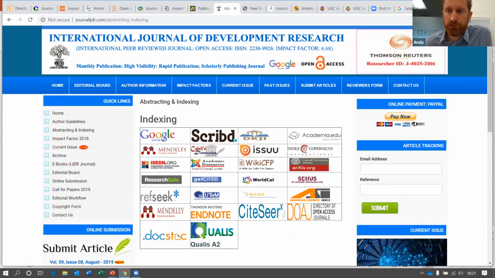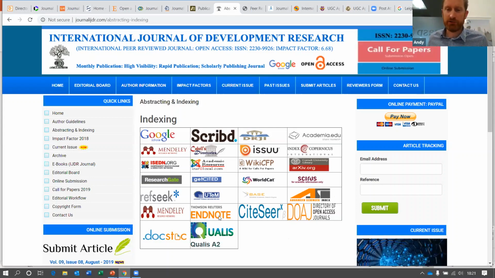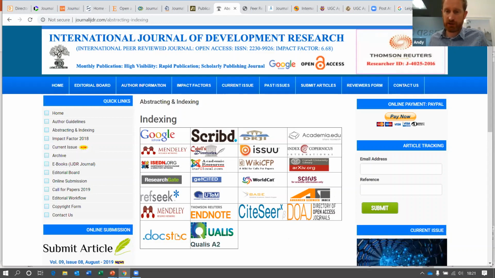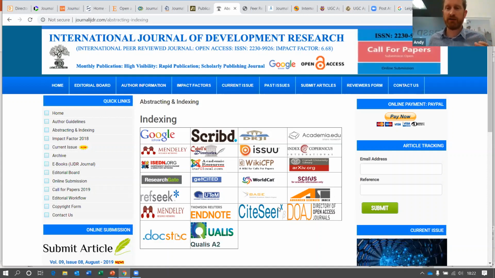They mention Google Scholar, but it's very easy to get indexed in Google Scholar. They mention Mendeley twice. They mention EndNote. These aren't academic databases. Neither is arXiv, neither is academia.edu. I don't have time to check, but I very much doubt that they're indexed in the Directory of Open Access Journals. Whenever you see this collection of colorful logos, that's a red flag to watch out for.